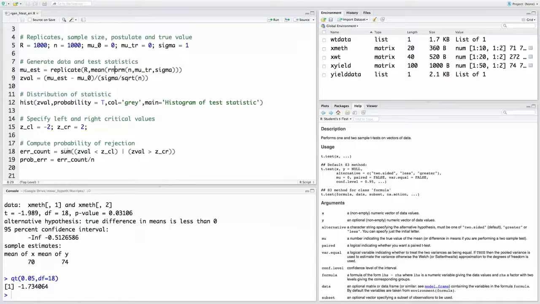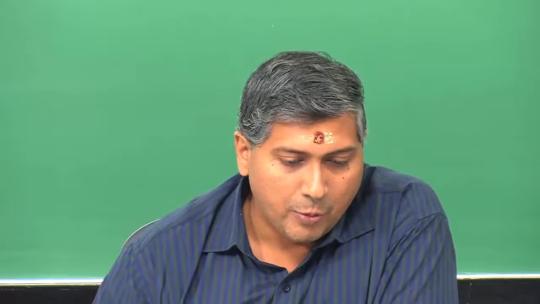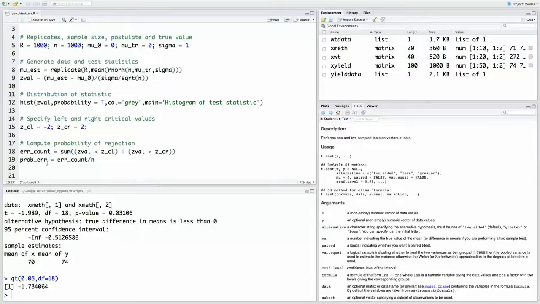And the sum here is a logical operation that I am performing. I am summing up all the number of ones. Whenever this is the case, the result of this logical operation is 1, otherwise it is 0. So, by summing up the result of this logical operation, I get a count on the number of instances I have made a mistake, and that is reported in some count, and probability is essentially the fraction of the instances, where the total number of instances is the sample size itself.